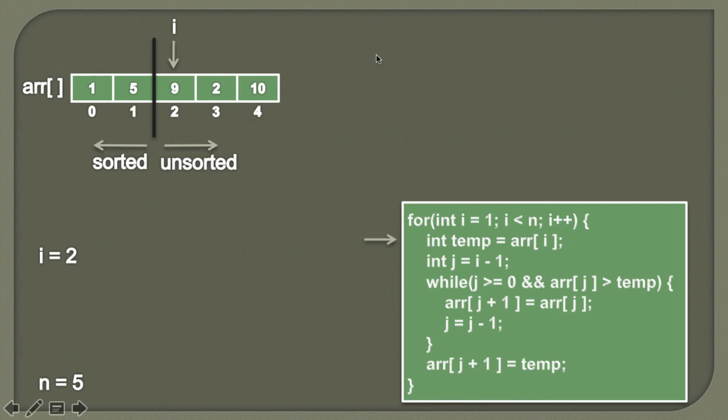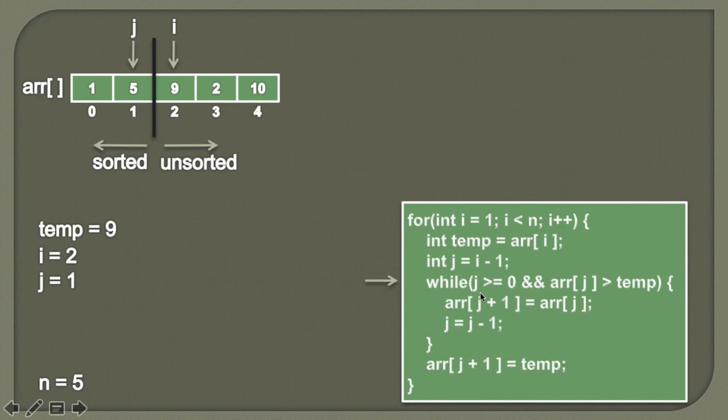So friends, as we already discussed, we simply pick the first element of the unsorted part in order to place this element in its correct position in the sorted array. So we simply start with storing the value at ith index into a temporary variable. And why we are storing into this temporary variable is because we want to create a hole here. So moving ahead, now in order to access the sorted array, we simply do i minus 1. So the value of j is 1.